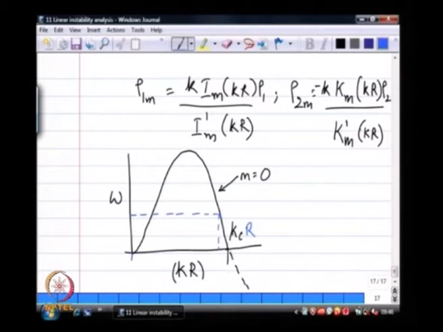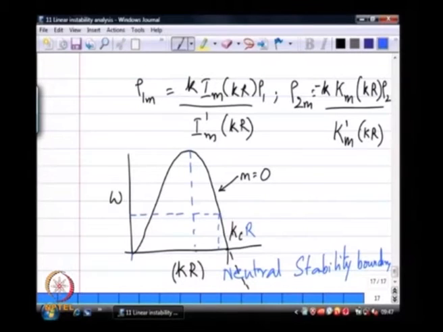So, this is my neutral stability boundary. Now, all values between 0 and this k sub c are actually unstable, meaning the real part is greater than 0, but there is one particular value which takes on an even greater significance,